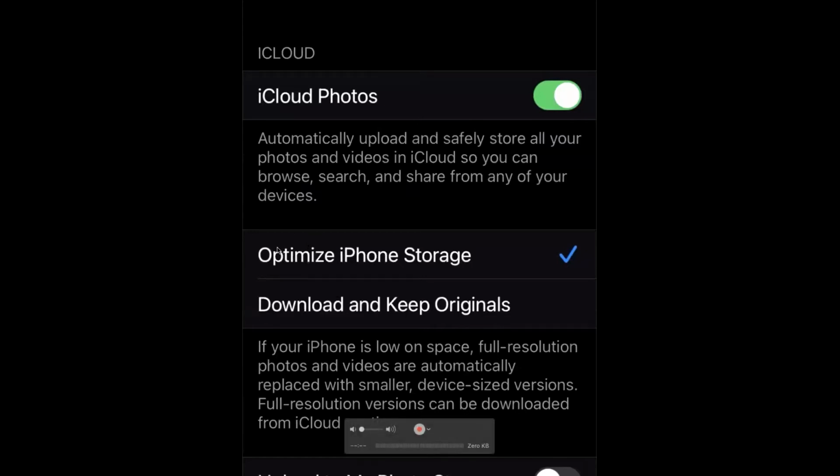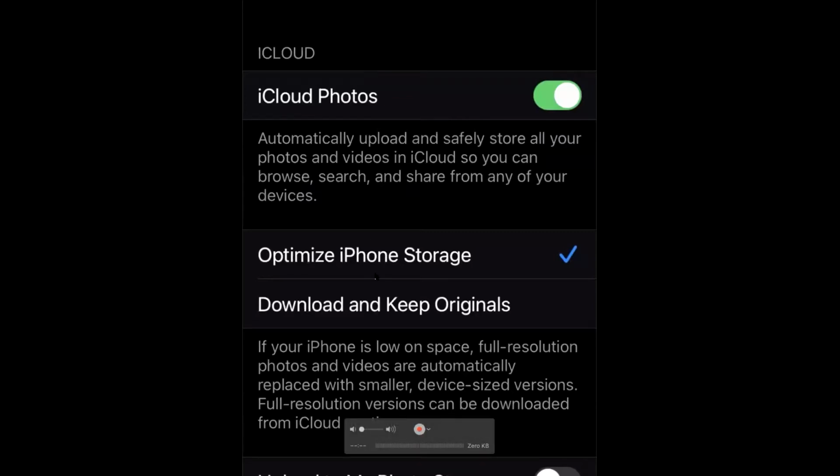The main thing about using optimized iPhone storage is that if you click on a photo that's not stored locally, what it keeps is basically a low resolution thumbnail. So if you're at home, it'll just download the photo off the cloud and show it live. So we got a couple of questions.